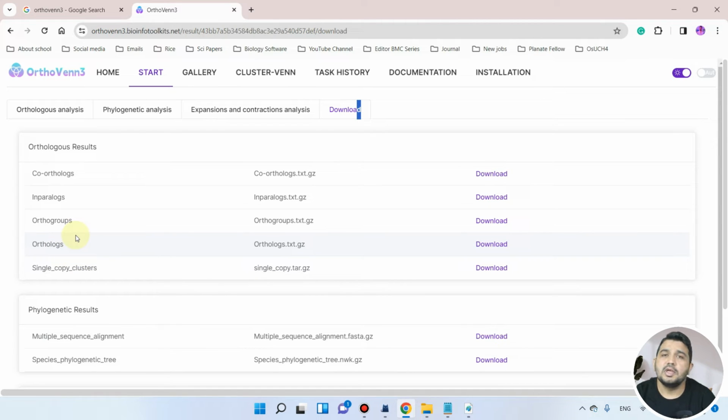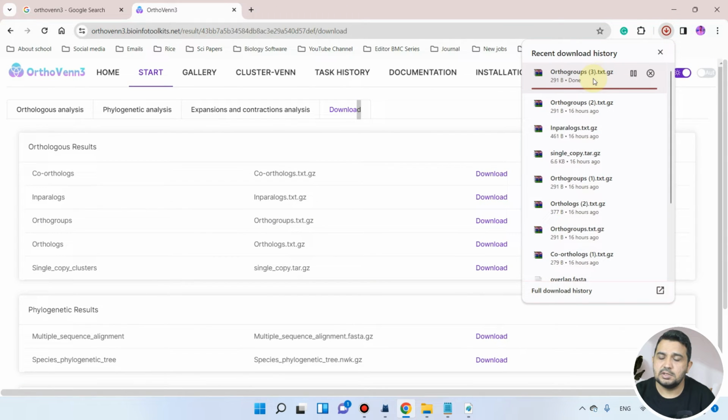You don't need to worry about what are orthologs and what are paralogs. When I show you the results, you will automatically know. First of all, we can download those groups. We can simply download this one first. Here you can see our file is downloaded.